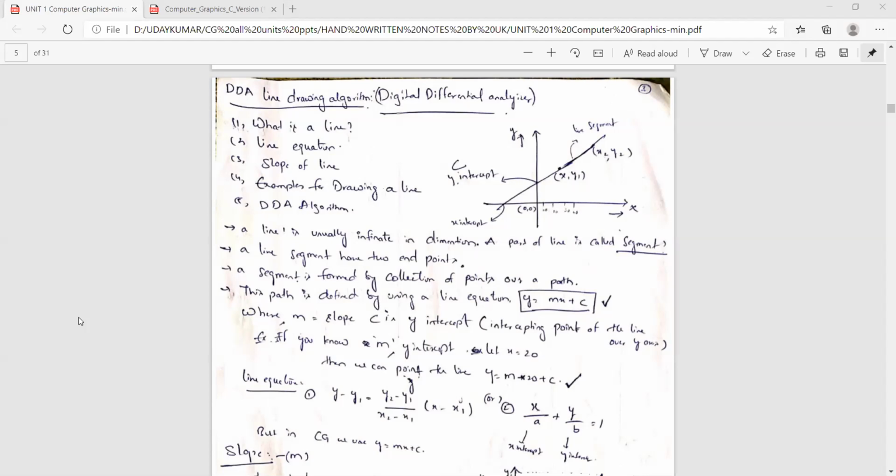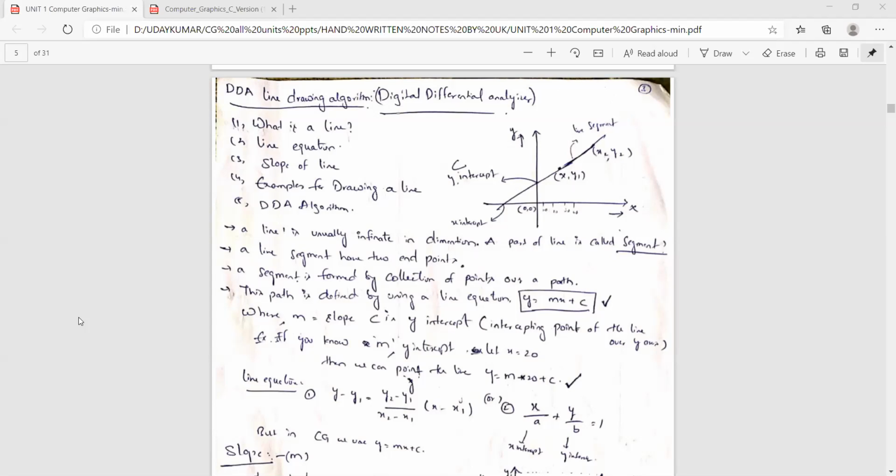So a line segment has 2 endpoints. How is a line formed? If you know the starting point and ending point, you can draw a line, by plotting a number of points between the starting and ending points, placing points side by side from the starting point to the ending point, which forms a straight line. You can define this path from the starting point and ending point.